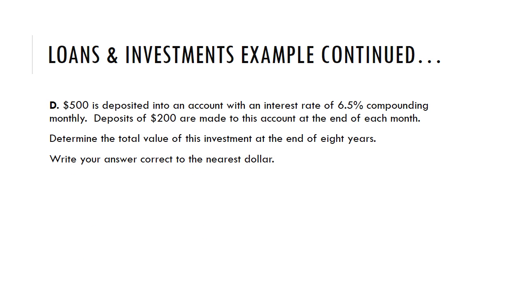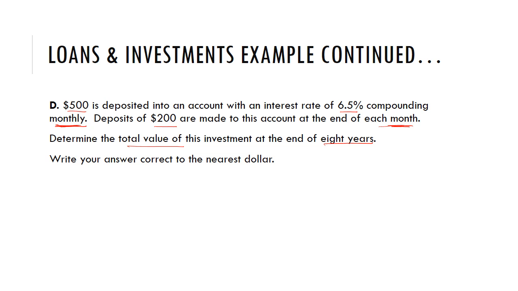So the example we've got here is continuing from previously. We've got option D, which was investing $500 into an account with an interest rate of 6.5% compounding monthly. Deposits of $200 are made into this account at the end of each month. Anytime payments are being made in further maths for this particular topic, they will happen at the same time period breakdown as the compounding period, so it'll always be the same. Okay, so determine the total value of this investment at the end of 8 years and write your answer correct